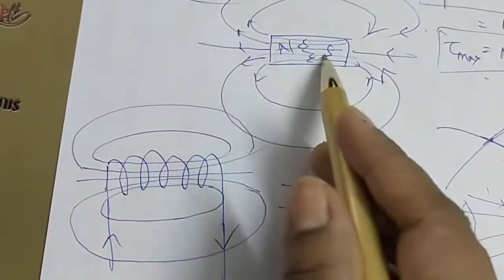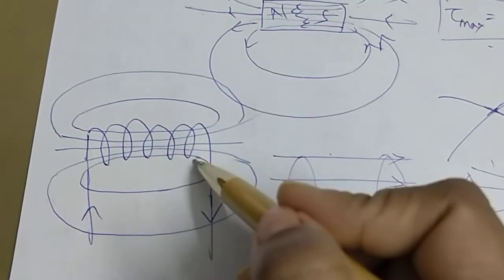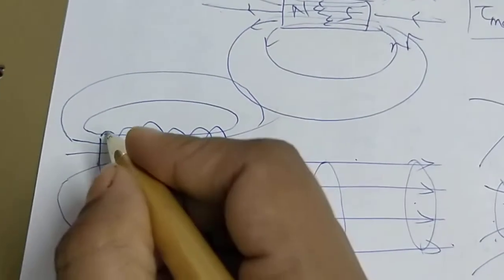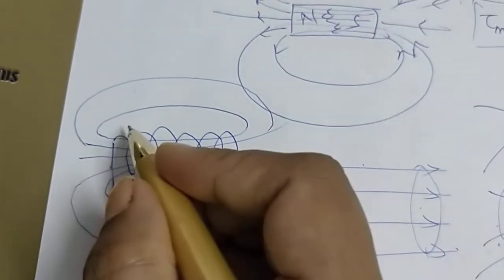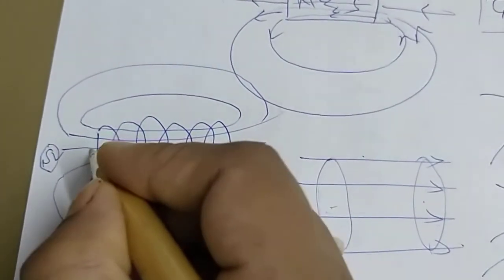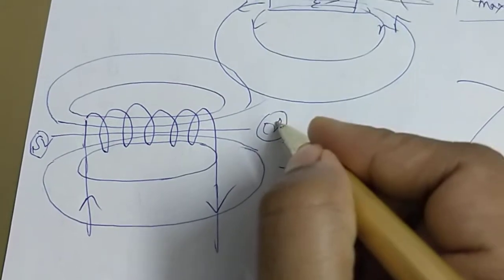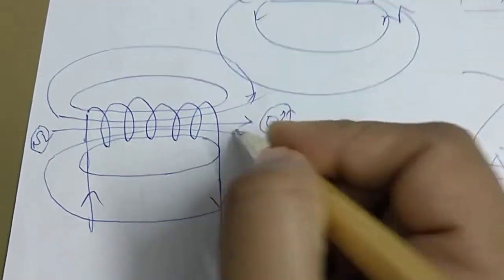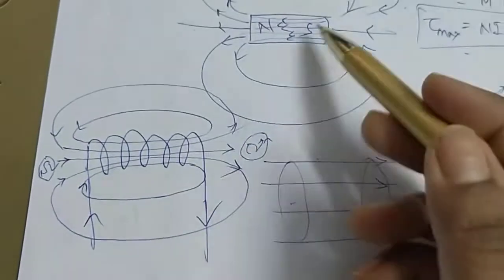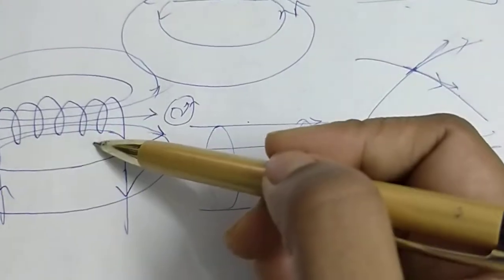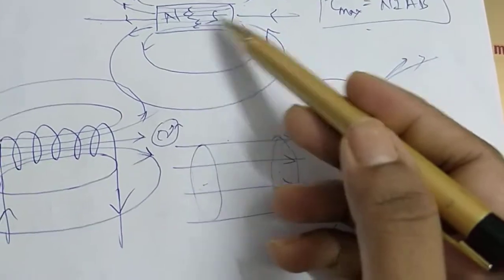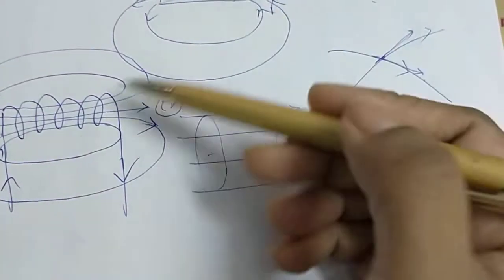But here we know north pole, south pole, and you know that any coil which carries current, one side will act as a north pole, the other side will act as a south pole. How to decide? Suppose from here if you look, the current in the coil is in clockwise direction. Okay, if this is clockwise, then it will act as a south pole, and this will act as a north pole. And if it is acting as a north pole, the magnetic field lines will be in this direction, right? So if you now compare these two, they are very similar. That means a solenoid carrying current is equivalent to a bar magnet, and a bar magnet is equivalent to a solenoid. Both are equivalent to each other.